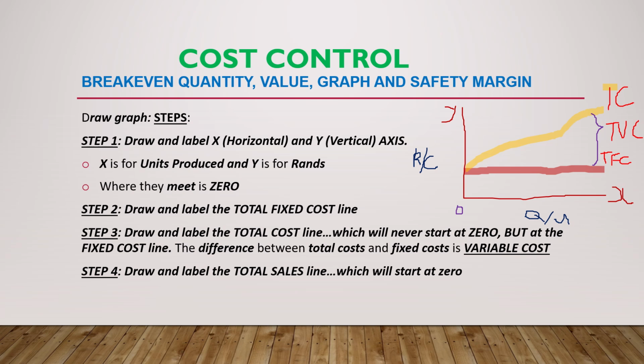And then the next one will be your total sales. Your total sales will always start at 0, guys, and then it goes up there. Okay. So that's your total sales. Right? That's your total sales. Now,